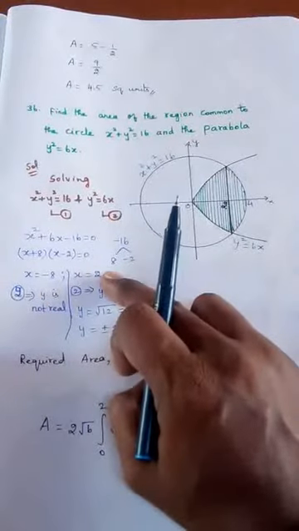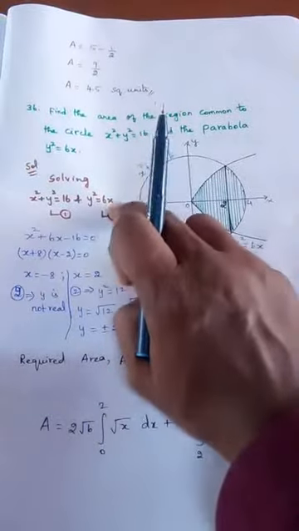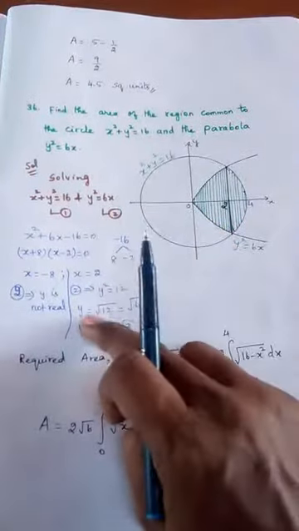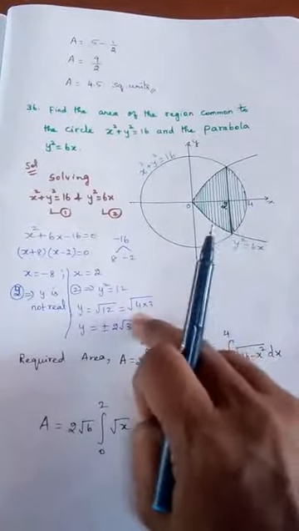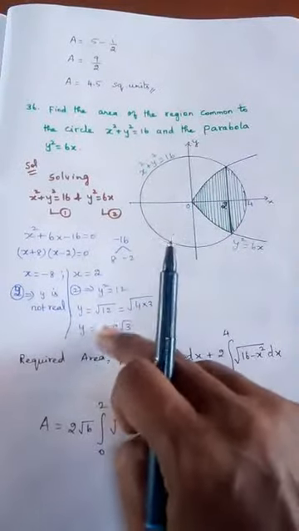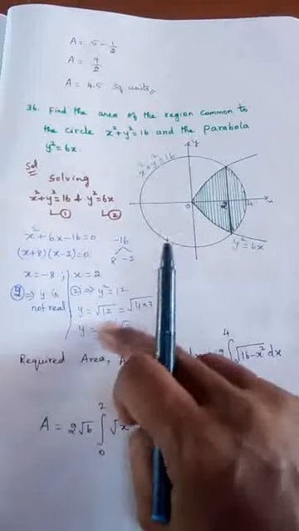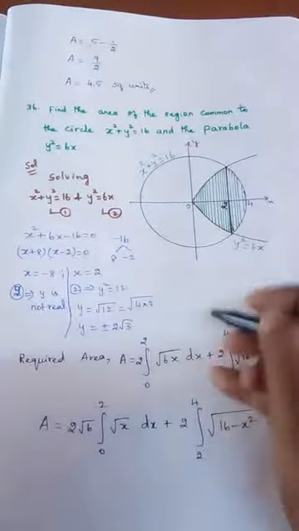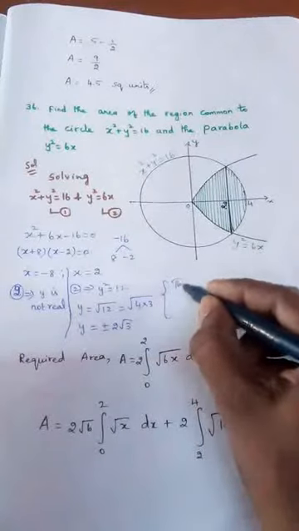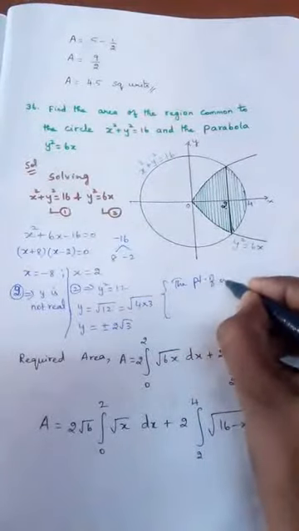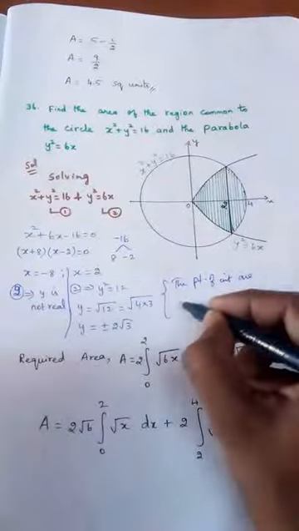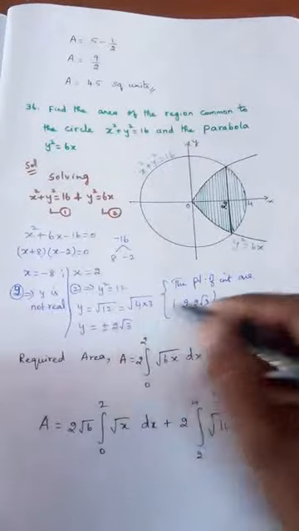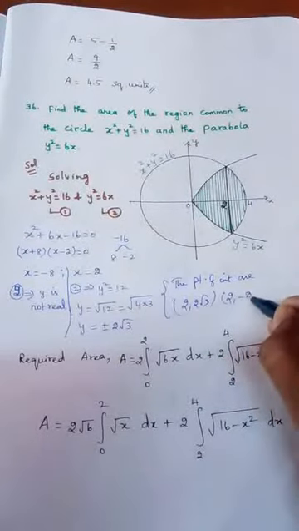So we will go for the other side. x equal to 2. Substitute here: y square equal to 12. y is equal to root 12, written as root of 4 into 3. 4 is taken outside, so plus or minus 2 root 3. Now I know the points of intersection. I'll write here, the points of intersection are: one is 2 comma 2 root 3, and since it is plus or minus, the other one is 2 comma minus 2 root 3.